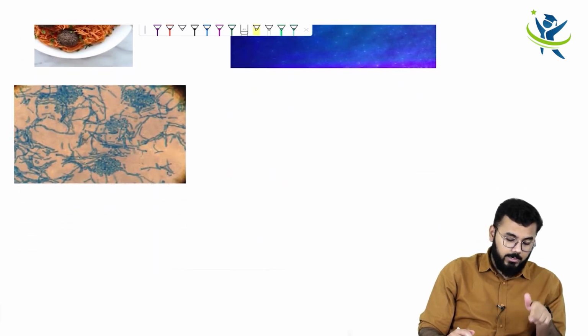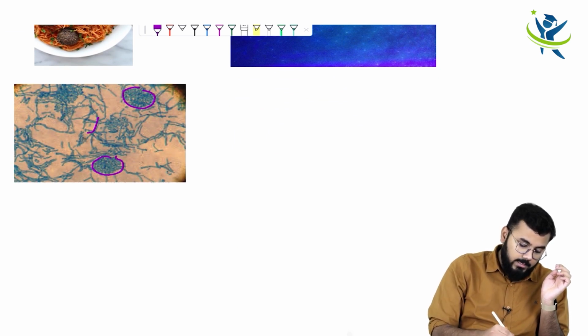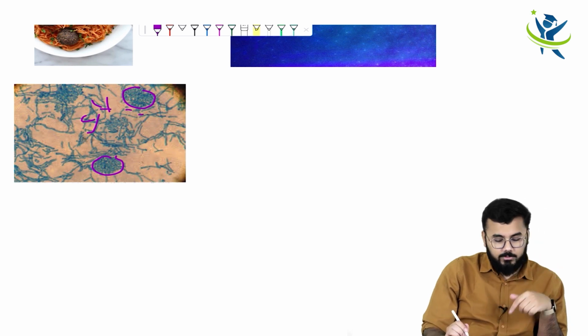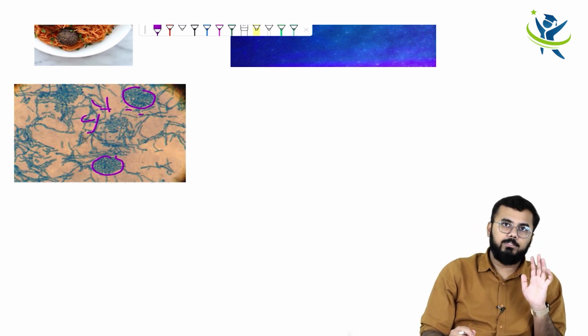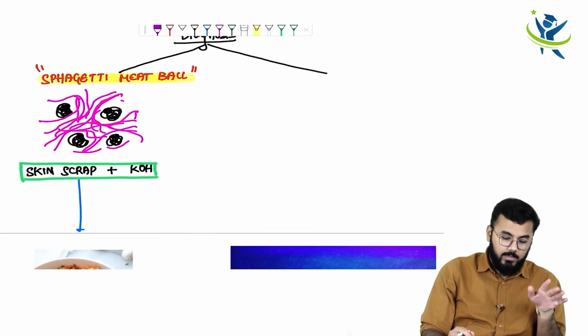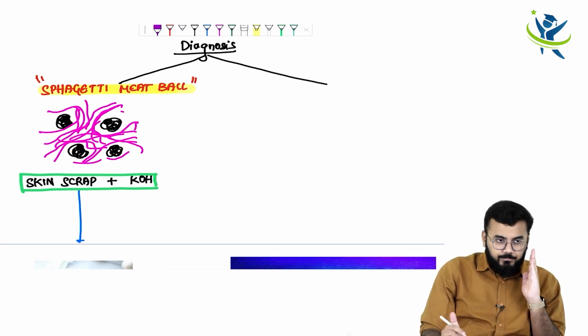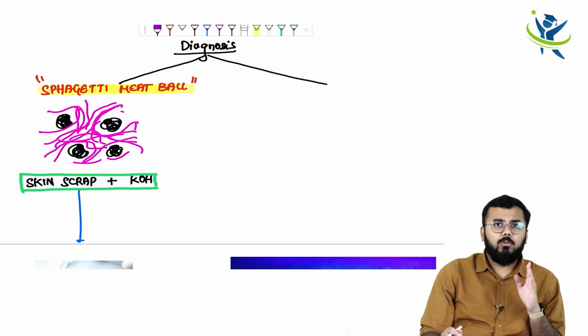So just look at the picture down also here. These are your meatballs all over, and these are your spaghetti all over, right? So this is looking like a spaghetti meatball appearance. So this is called as KOH mount test. Okay, now the next way how do you diagnose is that you call the patient and pass UV light onto these